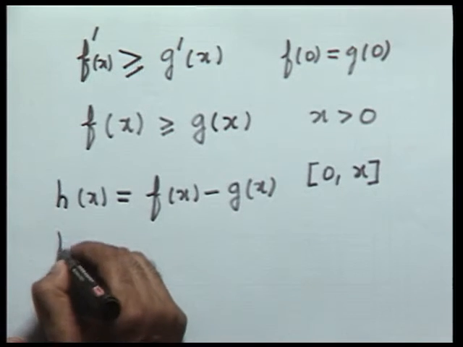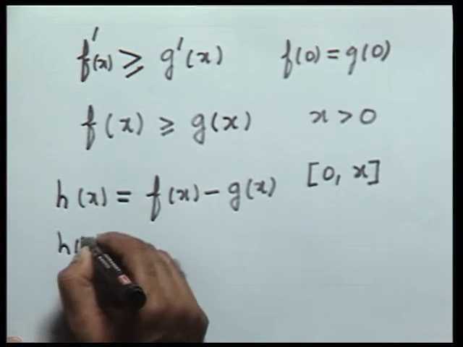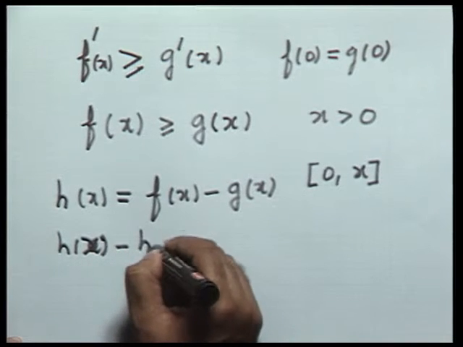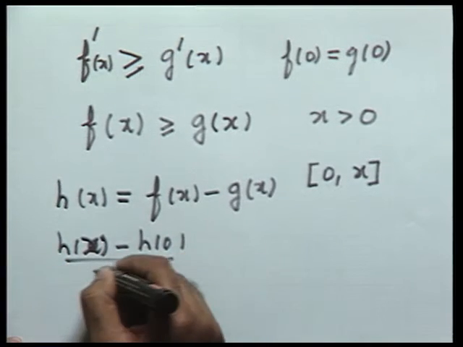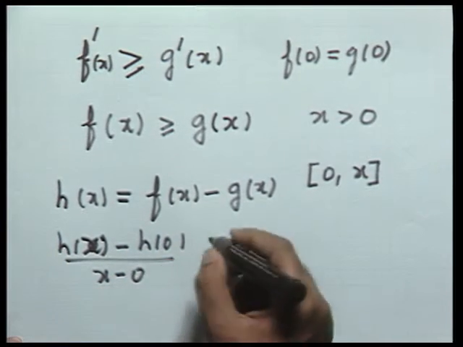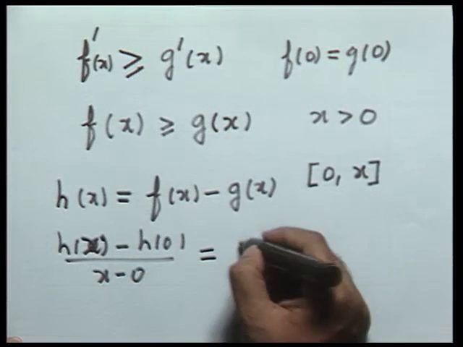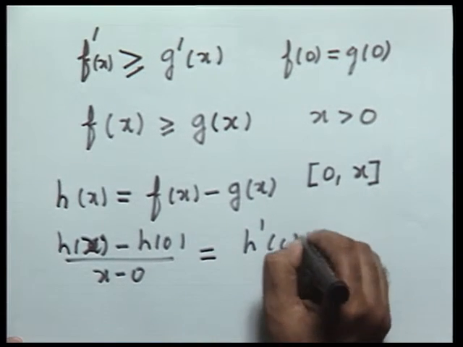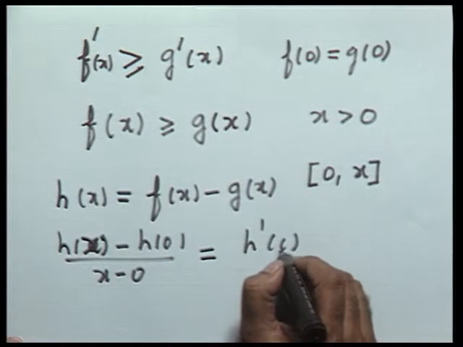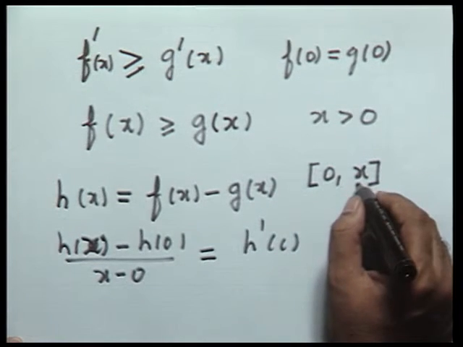And you will find h of x minus h of 0 upon x minus 0 will be equal to h prime c, the derivative of h at c for some c in the open interval 0 x,